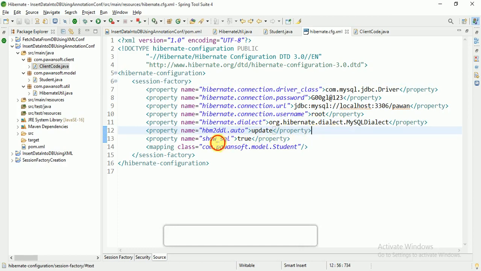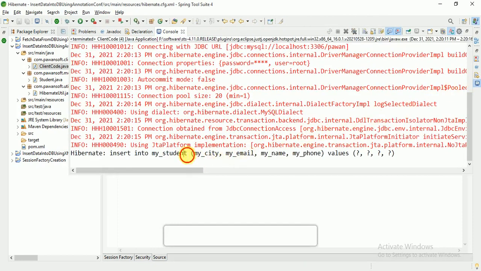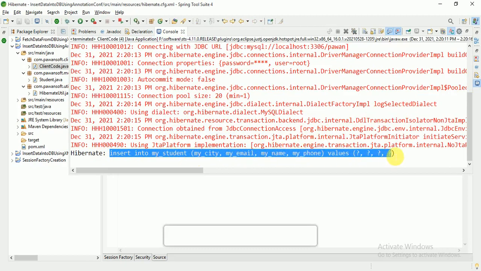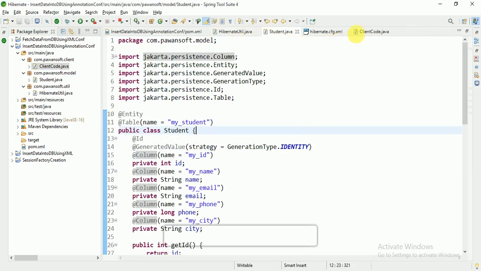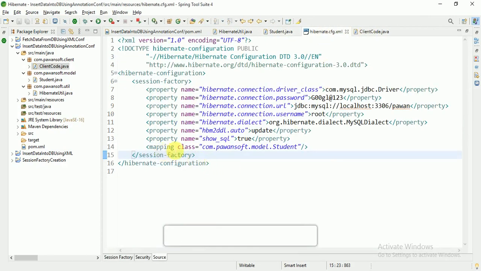This is show_sql, which helps you see the queries I have not written, printing on the console. If you want to see that, you have to mention show_sql true. And this is the mapping. If you are using annotation mapping, not XML mapping, you have to use mapping class and